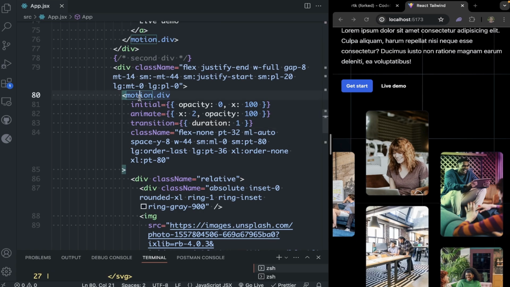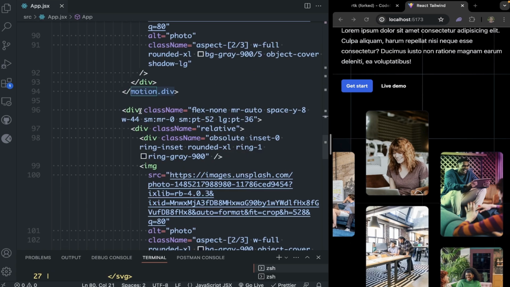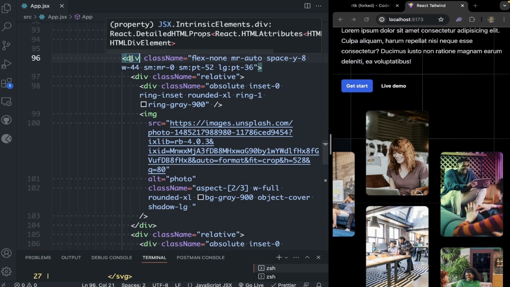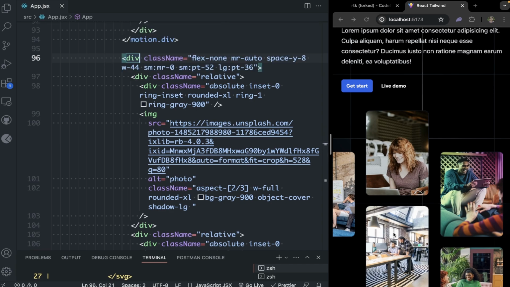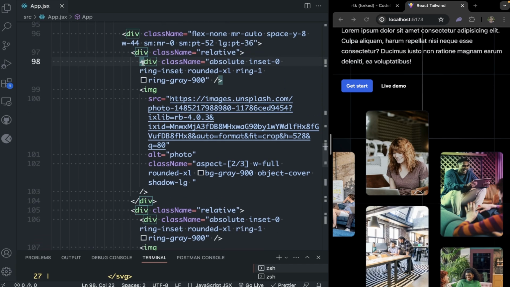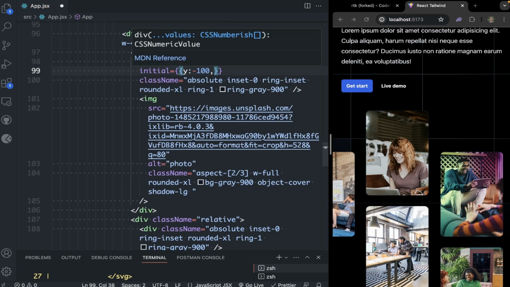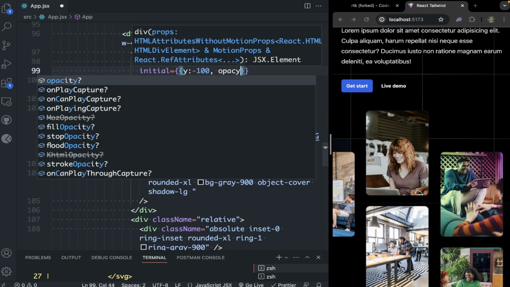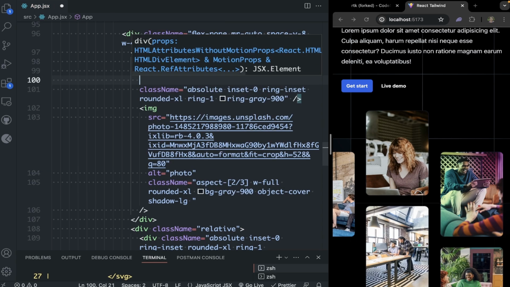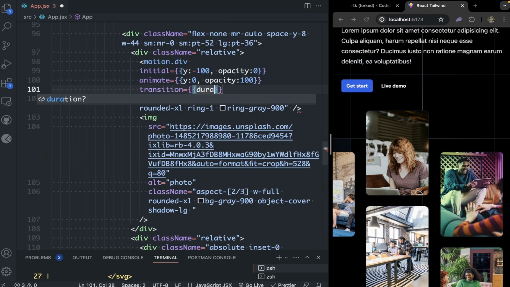So now I'm going to find the next div. This is our next div. Inside this div we have two images, this image and this image. This is the first one, add motion.div, initial. Now in here y will be negative 100, and opacity will be 0, and animate property will be y will be 0, and opacity will be 1, and transition duration will be 1. If I save,